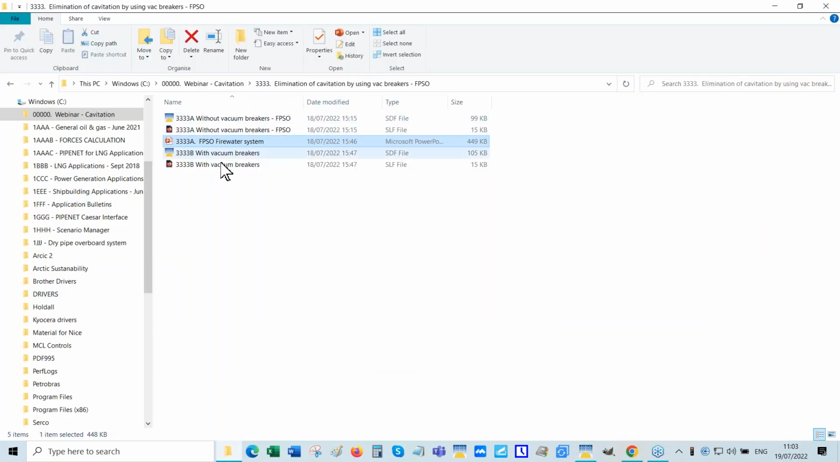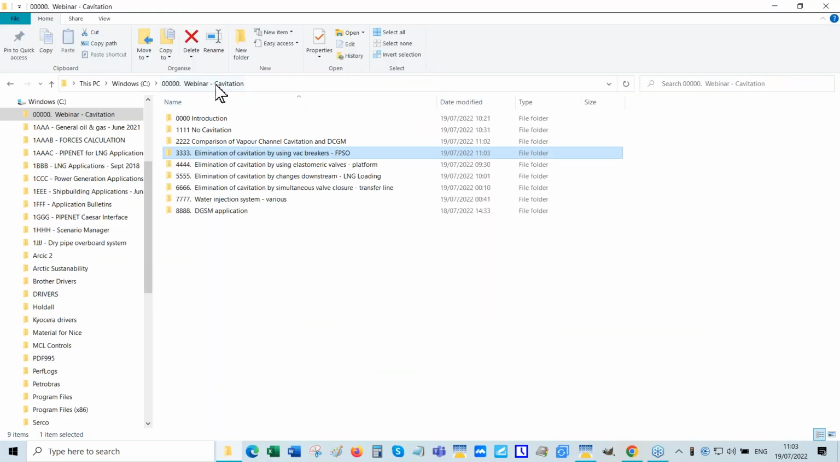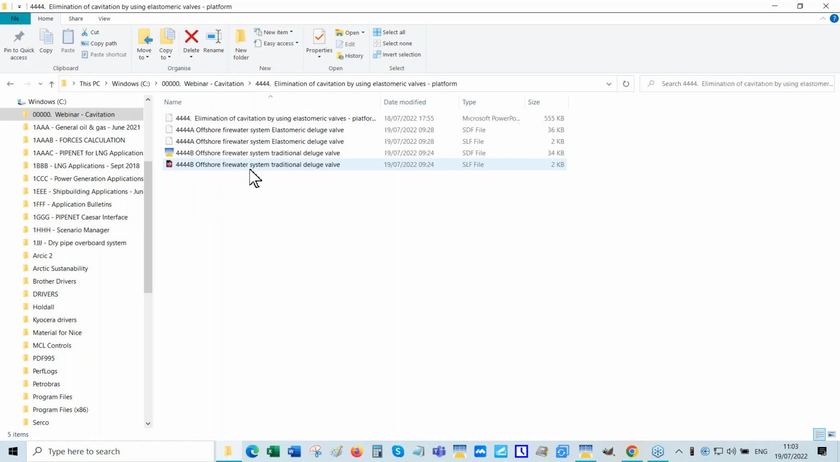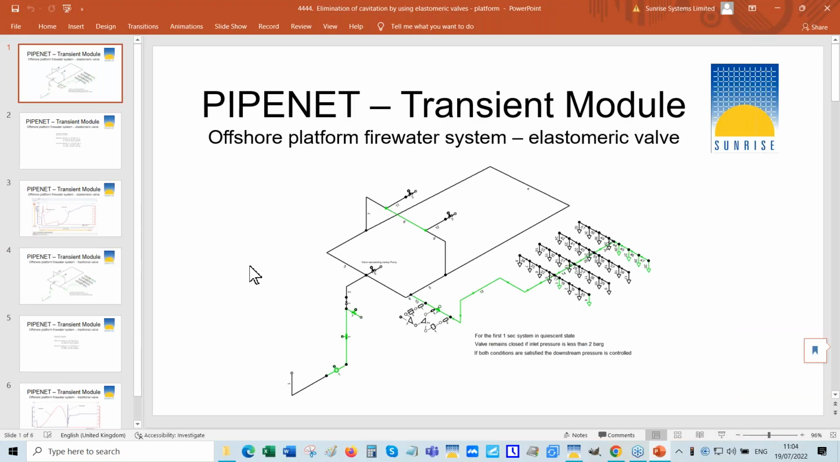application. That is about elimination of cavitation by using elastomeric valves. And here again, we consider an offshore platform. Fire protection system on an offshore platform. By the way,